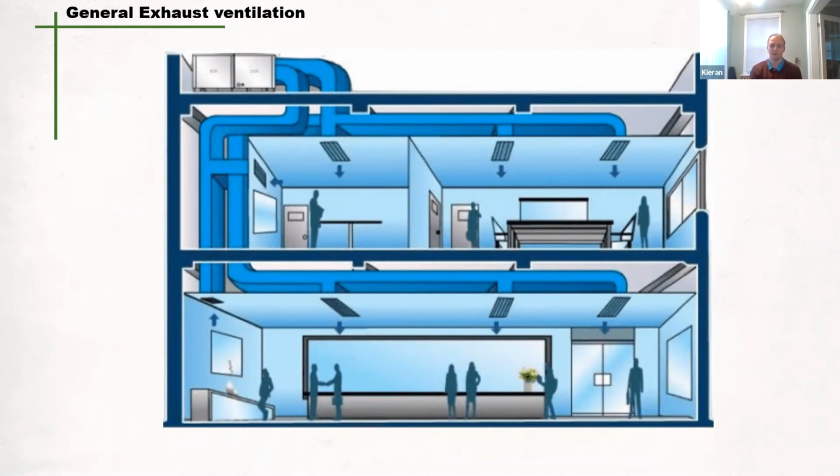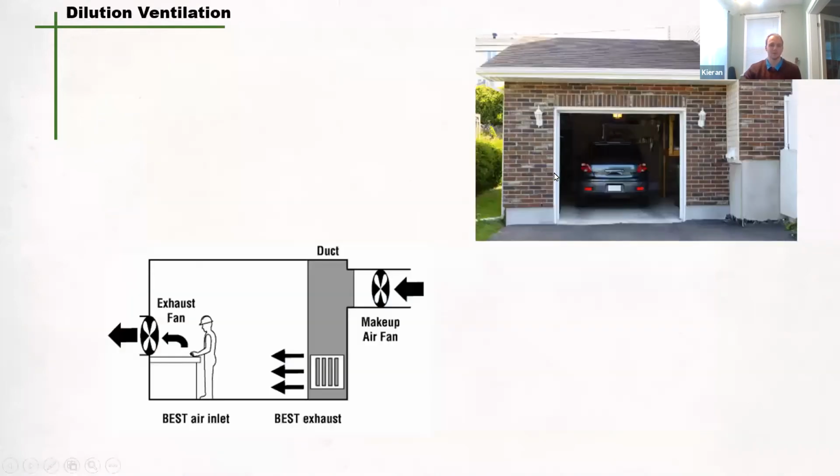So if we're figuring out what we can do if we have an operation that creates these things, we're going to look at dilution ventilation. Oftentimes we'll hear that general exhaust and dilution ventilation are used interchangeably, but in professional reference,